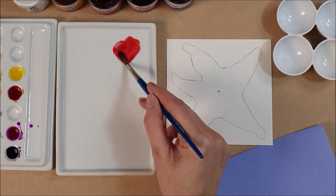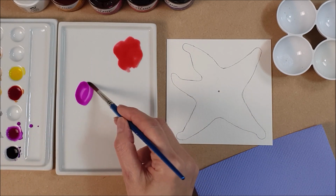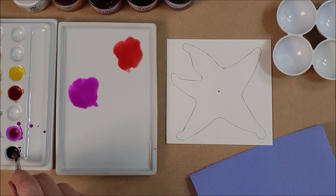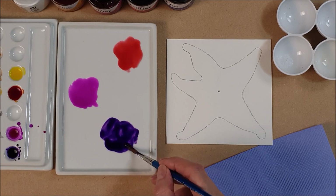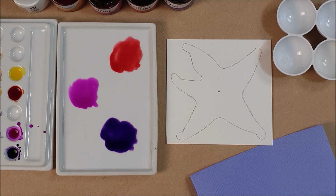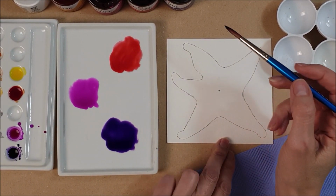which is this lovely rich pinky red colour. And it's a good idea to just get your colours ready, because you're going to use them quickly one after the other. So I'm also going to use some pink, so make sure you've got plenty out ready. And purple was the other one, so I'll pop that one down here. So as I say, you need to have all these paints ready, because you don't want to get halfway down and then have to stop and start mixing some up again, otherwise the technique won't work. So got everything handy there. So let's start with this carmine then, and we're going to go up to this point